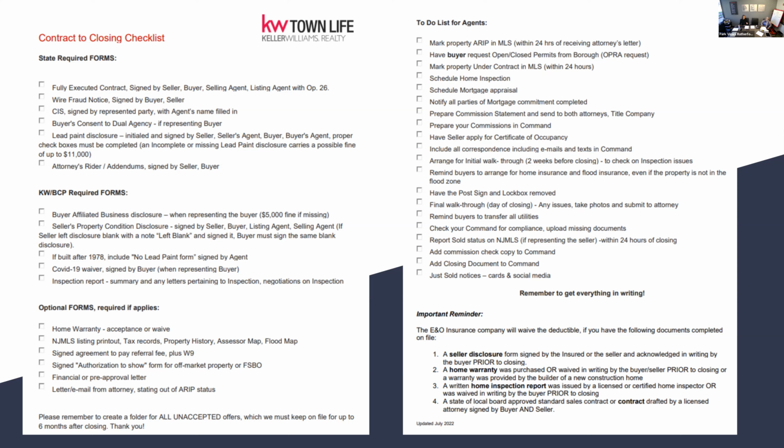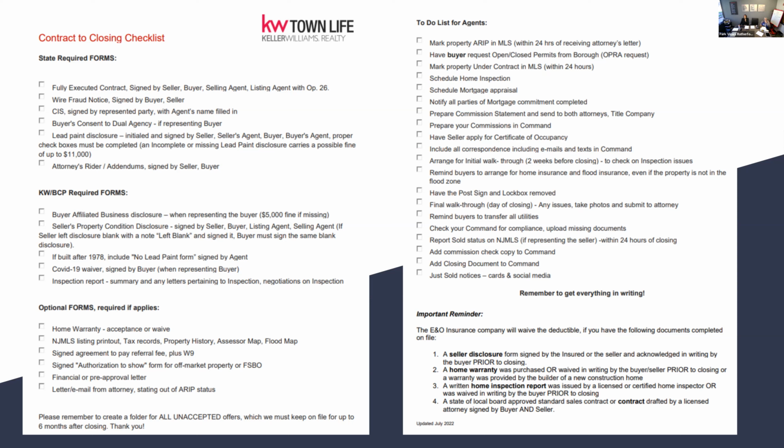On the last page of the form, each missing line is $2,000 in fine. If you have three missing initials, that's $6,000. Oh my God. Yes, the initials on all the pages. But this is just the lead paint form, not the contract. Okay. Back to the E&O insurance, if you have those four documents listed, you don't have to